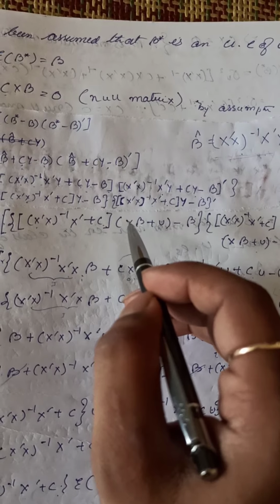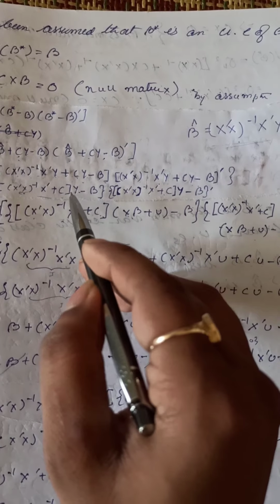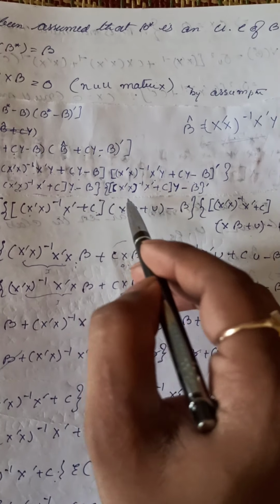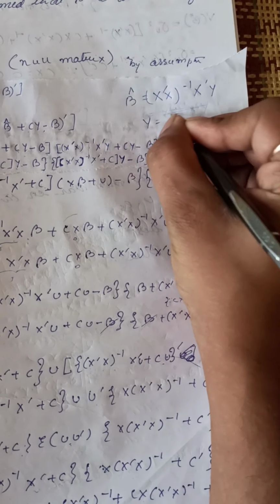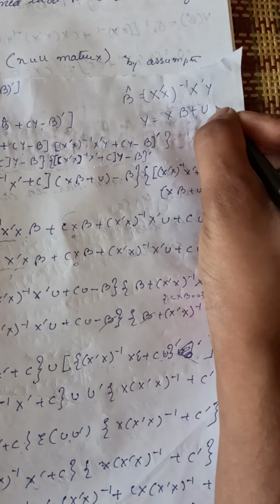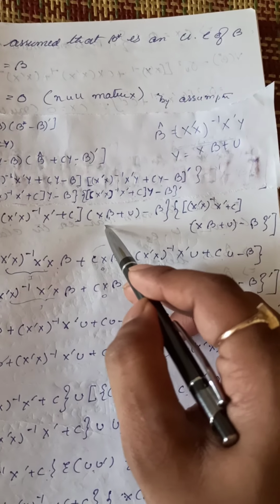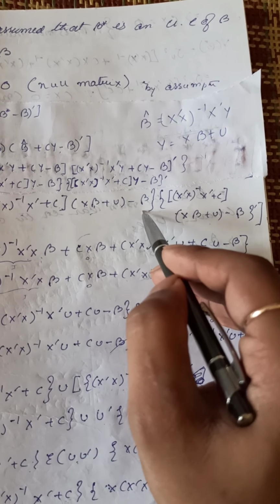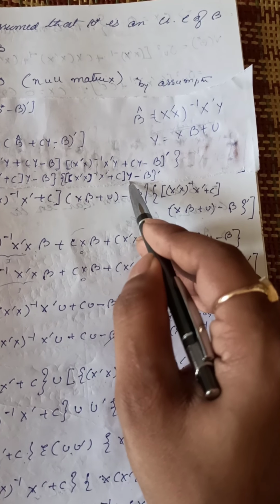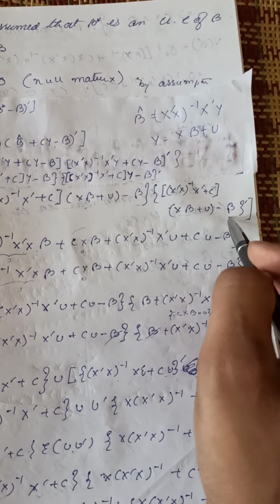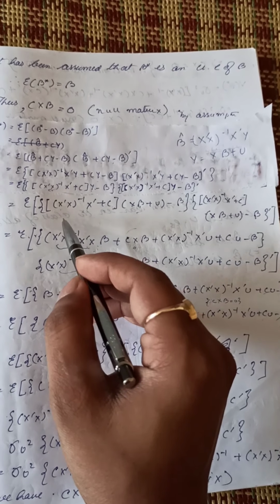Then in the next step, we are keeping this term as it is, and we are substituting the value of y with x beta plus u. We know that y equals x beta plus u. This is the actual model, so we will just substitute the value of y in this place. Okay, and then minus beta is kept as it is. Again in this step also, in this term also, we are substituting the value of y and keeping minus beta as it is. Now we will get a very big term.